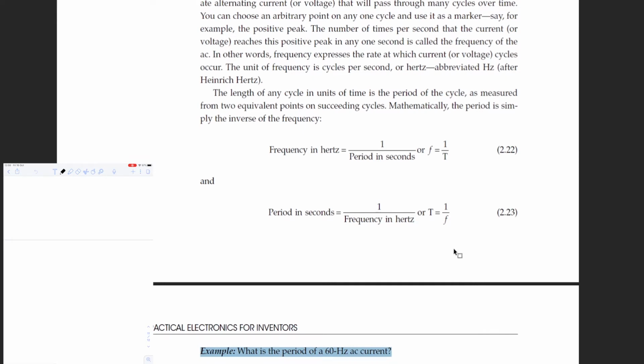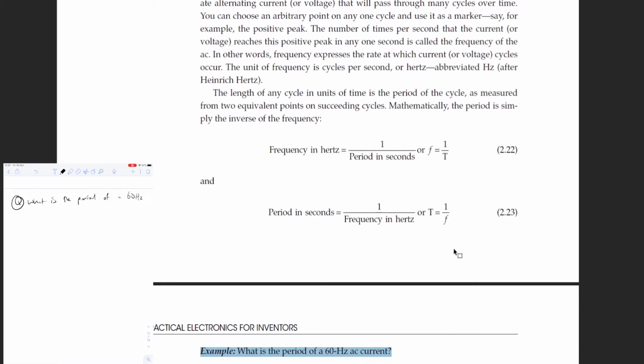Okay. So I'm not messing about today, straight into it. So the way that you convert period to frequency is by doing 1 over frequency, right? And the way that you convert frequency is by doing 1 over period, if I'm not mistaken. Right? So let's say we got a question here, and we're saying what is the period